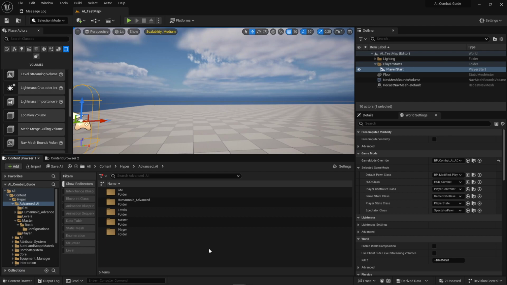We need to modify the enums. We need to adjust the components, and we need to adjust the way the character is doing the animation basically. So we need to switch the animation